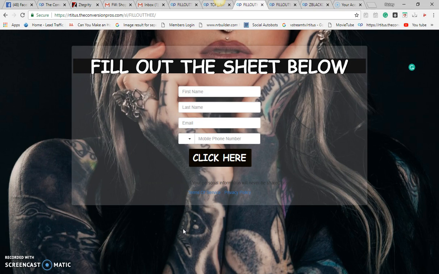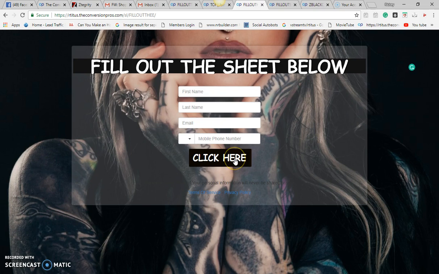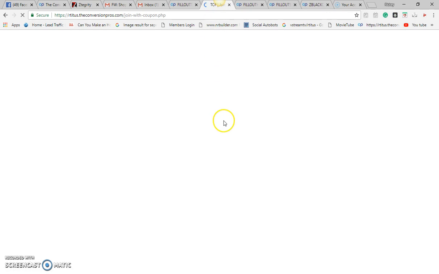These are some of the pages that you can make when people want to get involved with the TCP program. Take a look at it. This is a beautiful page. Click here, the contact information. You can have people click that and it's going to take them to your corporate site, or you can take them to this page right here, when they hit that button,